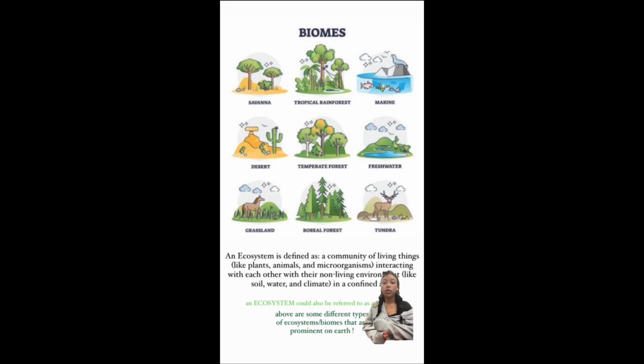An ecosystem is defined as a community of living things like plants, animals, and microorganisms that interact with each other and with the non-living things in their environment, like the soil, the water, and the climate in a confined space. So an example of an ecosystem could be